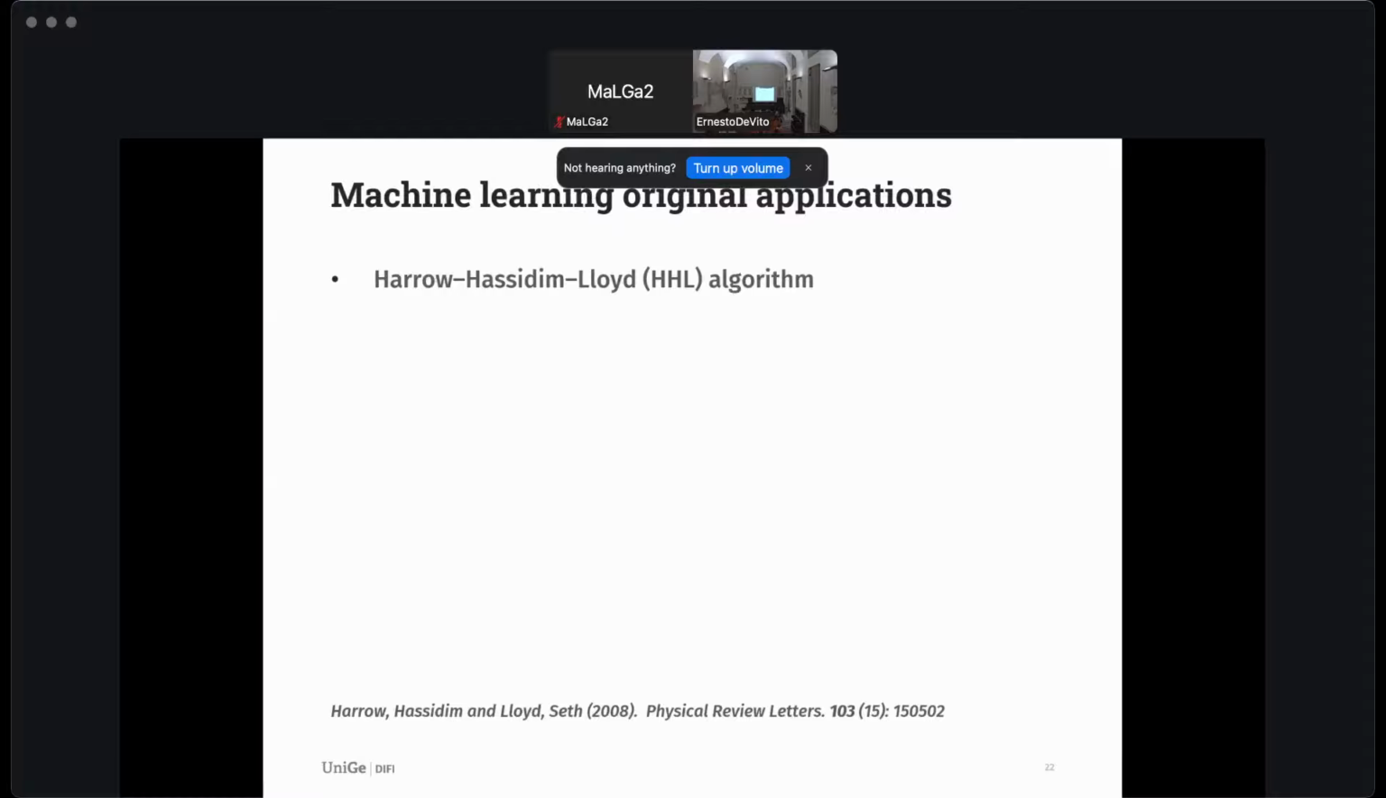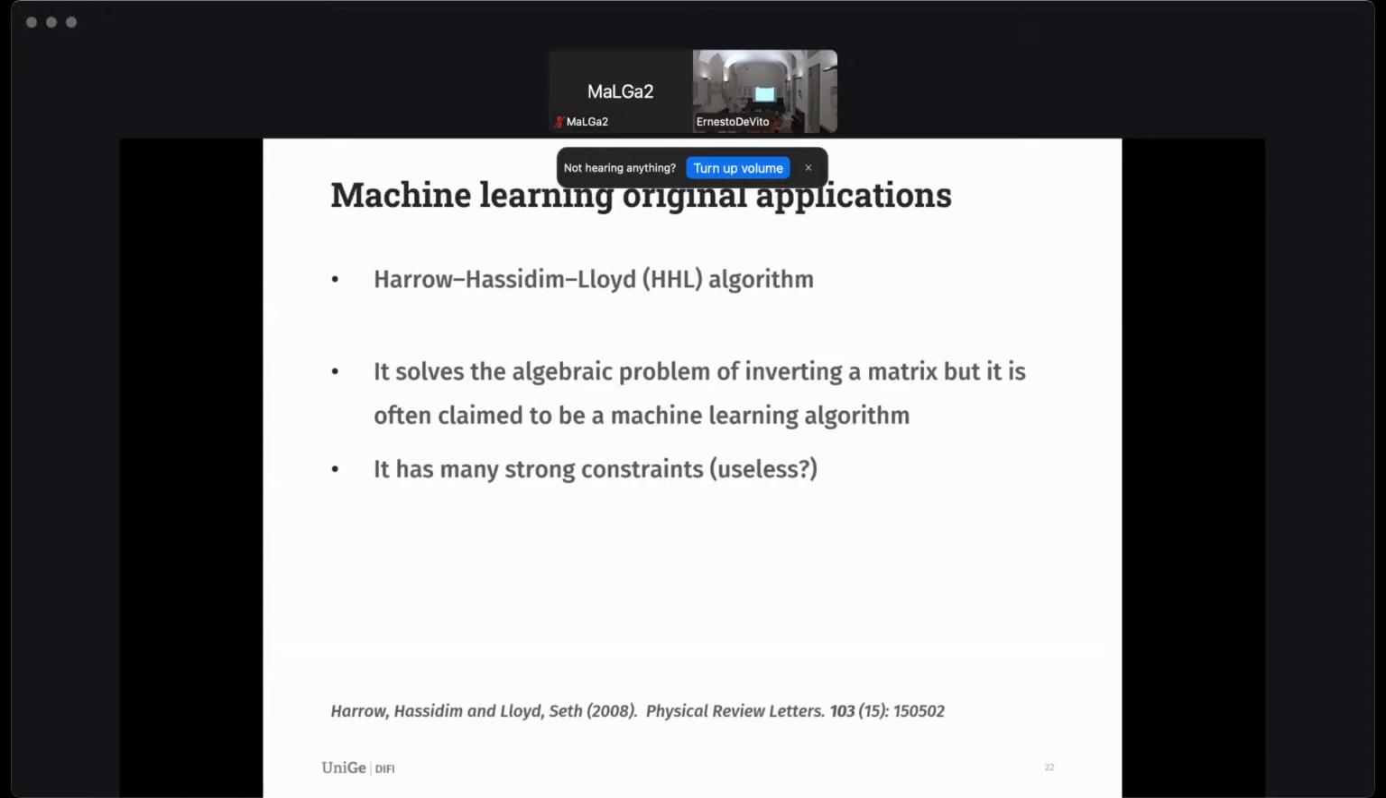The first is the HHL algorithm, by Harrow, Hassidim, and Lloyd. This is an algebraic problem solver with a quantum computer, okay? They want to invert a matrix, and it is a very good algorithm, if you suppose that you can satisfy all the constraints. There are a lot of constraints. This was in 2008, and then people started claiming that you can use this to solve machine learning problems, and that is not how it works. This is an algebraic problem. It's good if you satisfy the constraints, you can use it, but it's not a machine learning